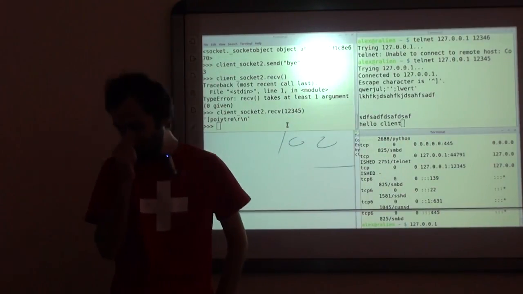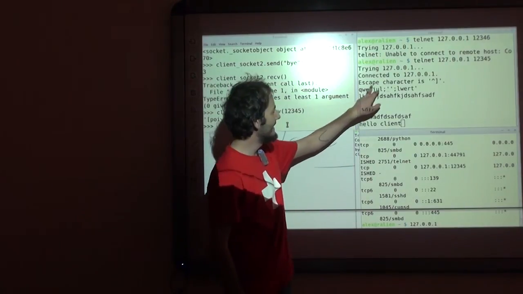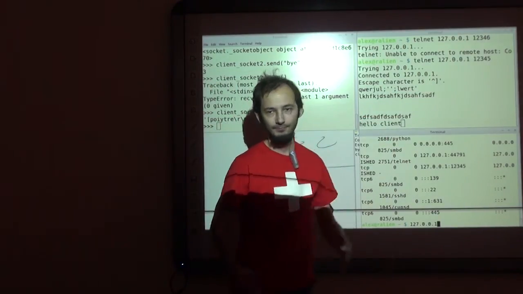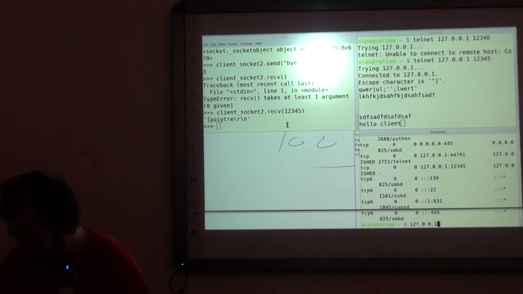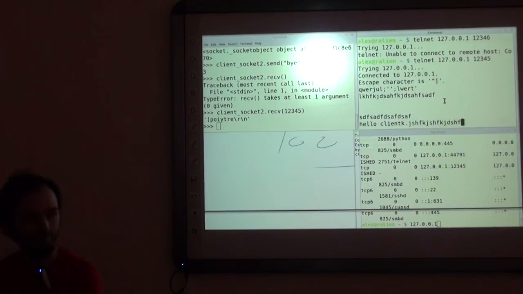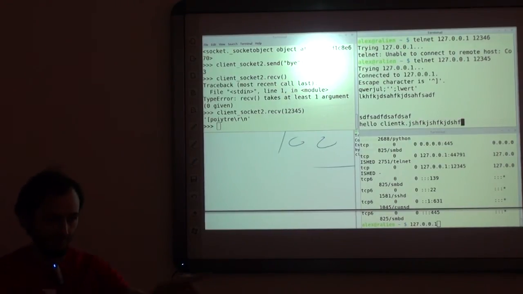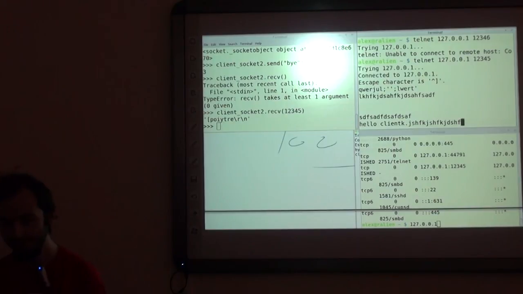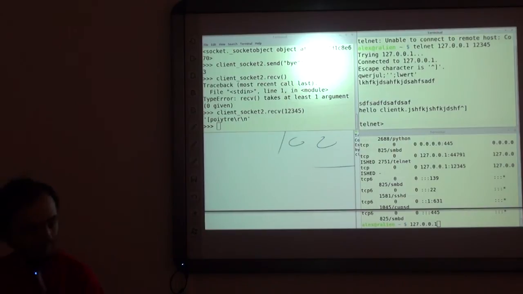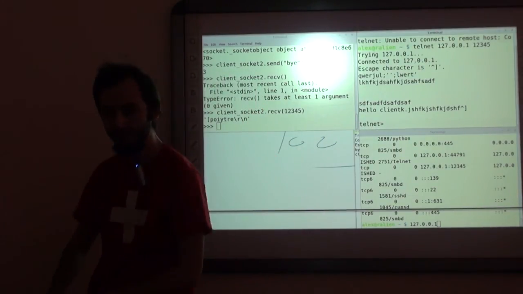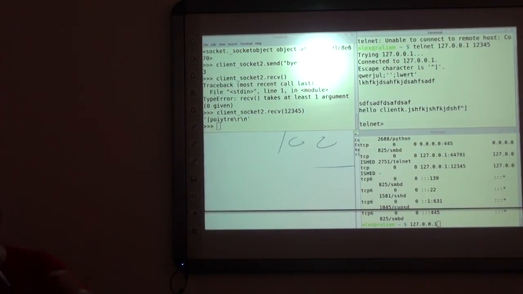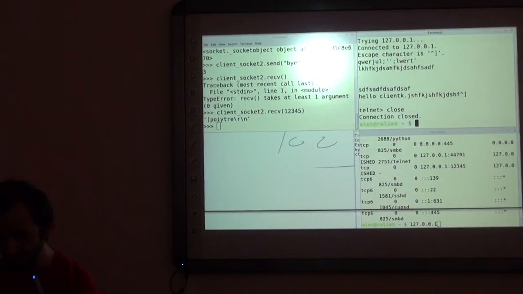By the way, you noticed that when you connect with Telnet, it says escape character is that. What is it for? To close the connection. So right now, whatever I type is being sent to the server. But if I want to do something locally, I press Control that, and you see it reverted me to the Telnet prompt. So now whatever I type is not sent to the server, but is interpreted locally as a command. So I could do, let's see if close works. Yeah, it does.